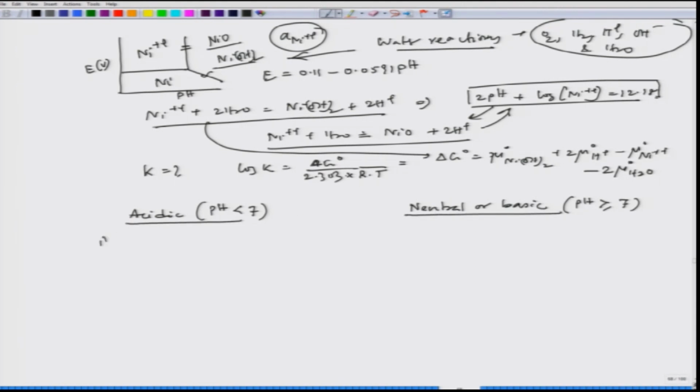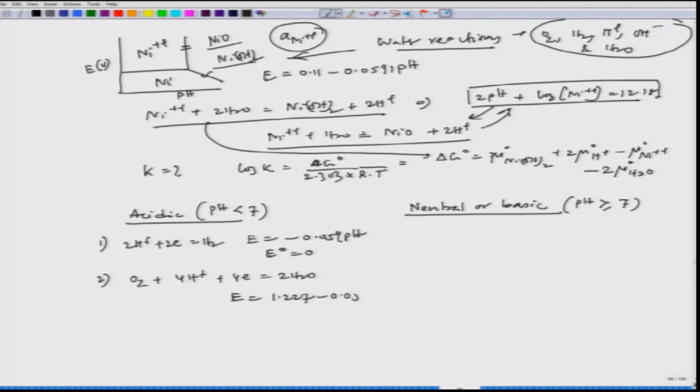One is H plus plus 2e equal to H2, where the equation would be E equal to minus 0.059 pH, with E0 equal to 0. Then O2 plus 4H plus plus 4e equal to 2H2O, and here you see that only H plus ions are involved. So, there E equals 1.227 minus 0.059 pH,